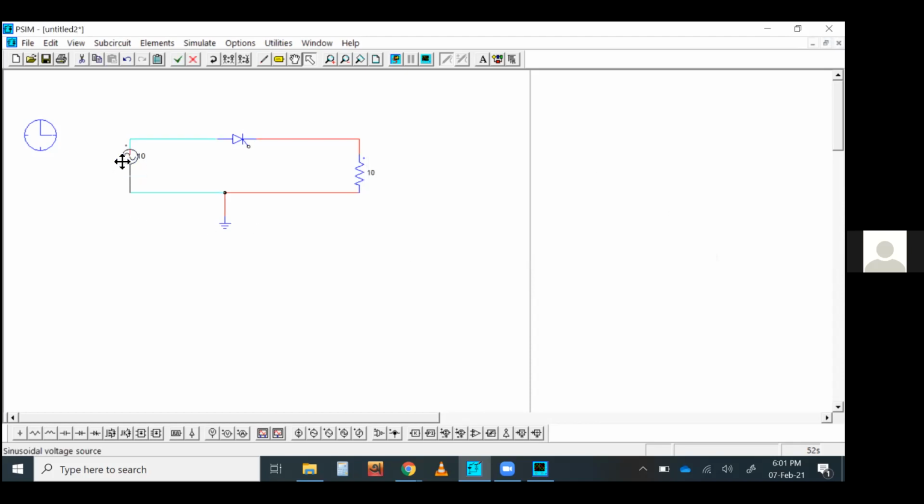So the supply is AC, and we're expecting half wave DC here in a controlled manner. That means you want to change the firing angle to fire the thyristor and get different kinds of output voltage. In order to check that, you're going to need an oscilloscope as well. I'm putting the oscilloscope here. Channel A will show you the input voltage. Channel B will show you the output voltage. Okay, that's the basic circuit.